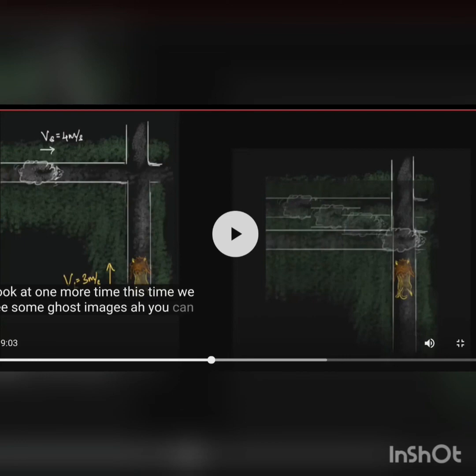So the net resultant or relative velocity perceived by him will be a combination of these two velocities, one along the y-axis with which the sheep is moving and one along the x-axis, negative to the direction in which he is moving.